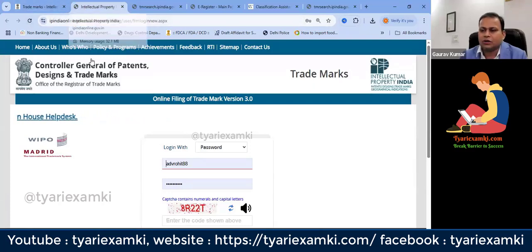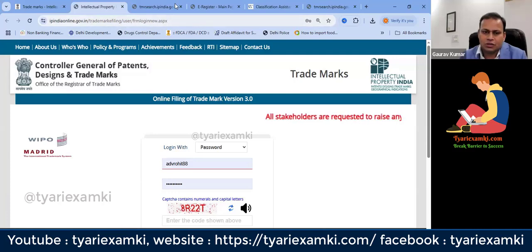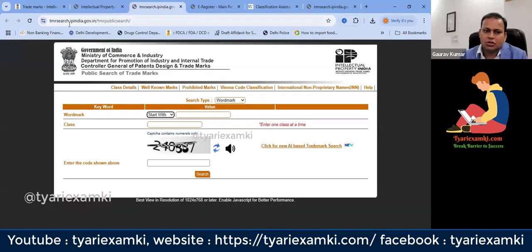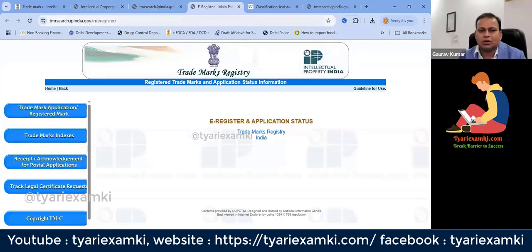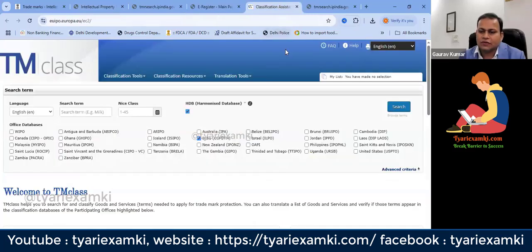For the filing of the trademark, the website is ipindia.gov.in/trademark-e-filing/user/formlogin.aspx. For the search, tmsearch.ipindia.gov.in/tmrpublicsearch. For the e-register, tmsearch.ipindia.gov.in/eregister/,